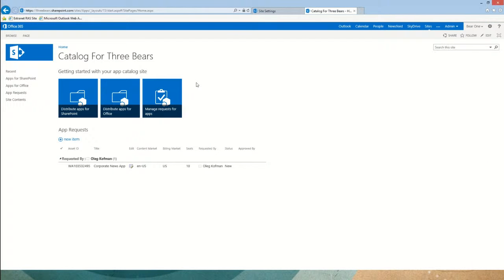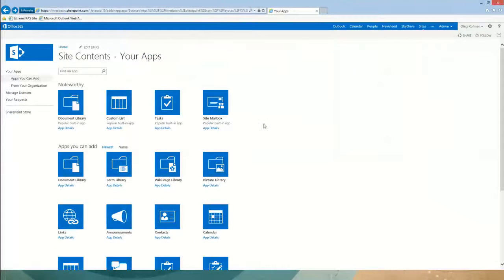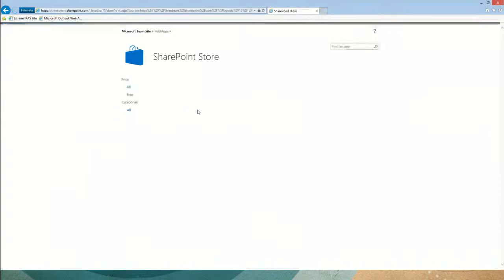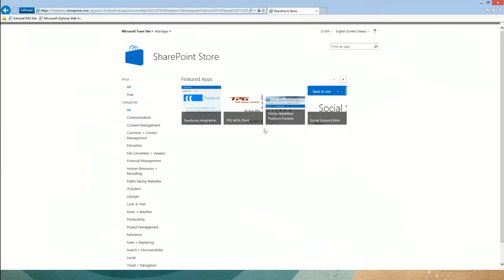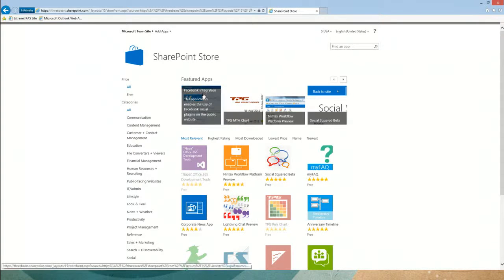One is, do you want your users to be able to access the SharePoint Store directly and acquire applications directly from the store, or do you want to first allow them to browse that store, look around, and then ultimately arrive at the conclusion that, yes, we have something there, but then they're going to have to ask you to acquire such application. So as an example here, I'm the user, I'm a regular user, I'm going to SharePoint Store,